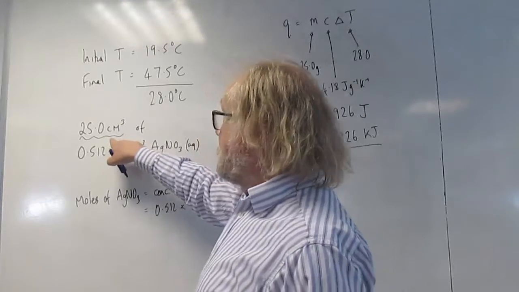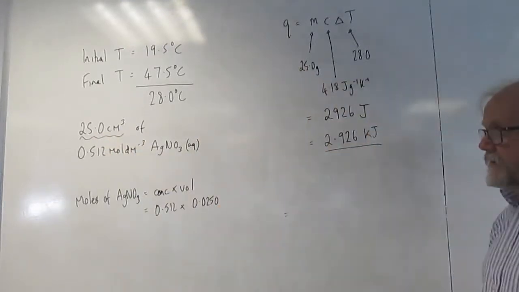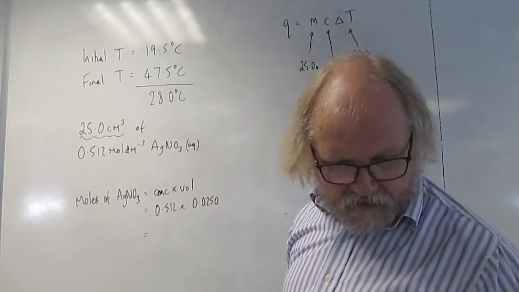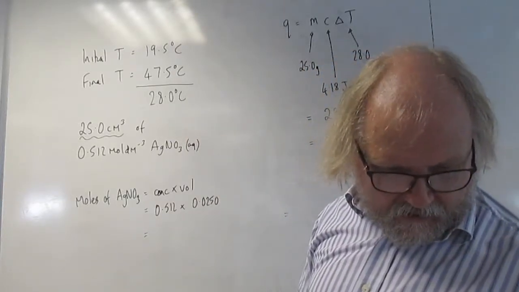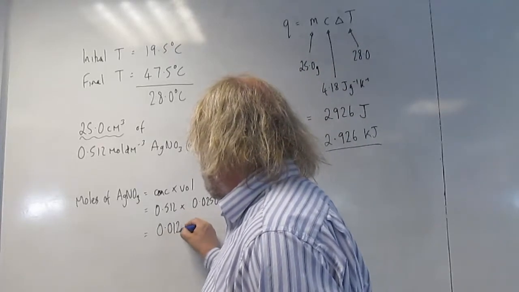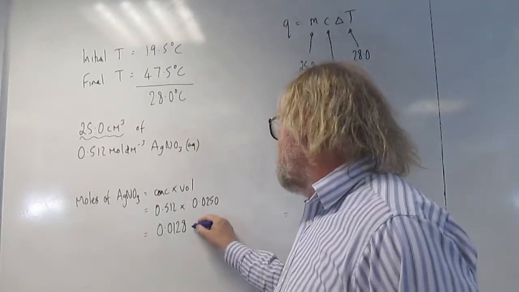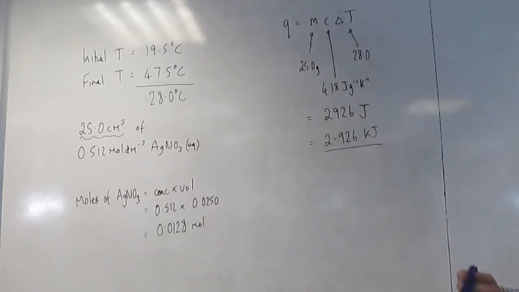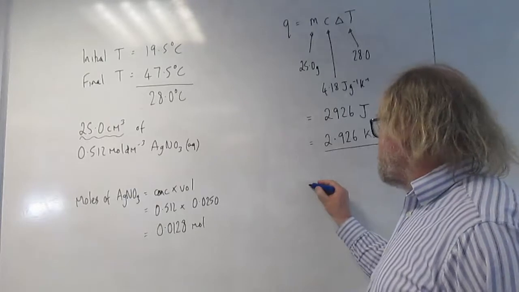Okay, that volume's in cm cubed, so it has to be divided by 1000 to give you that. And that gives you the moles of silver nitrate, which is 0.0128 moles. So now we can calculate delta H,